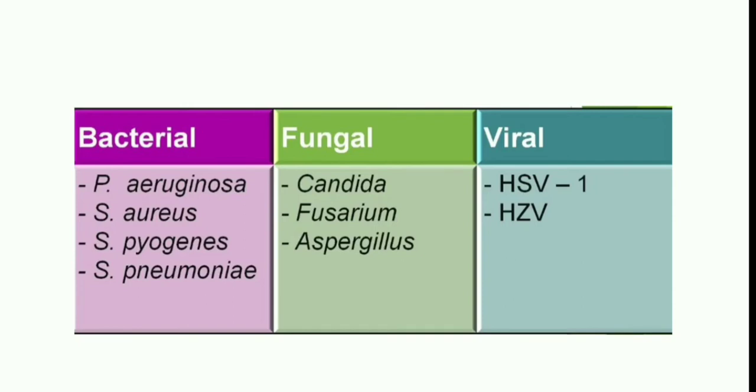So infective causes, we have said that it can be bacteria, fungus, virus, protozoa. So the bacteria, mostly it is Staph aureus and the Streptococcus pneumoniae, but also some other bacteria can cause corneal ulcer. We will be discussing that. And the fungus, mostly it is Fusarium and Aspergillus, but Candida can also cause corneal ulcer. And in case of virus it is mainly two, herpes simplex virus and varicella zoster virus. In the protozoa, Acanthamoeba is involved.